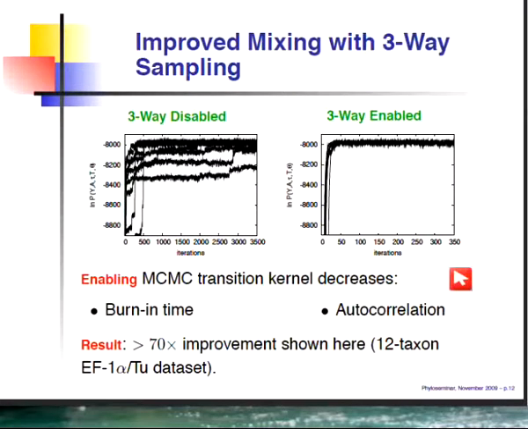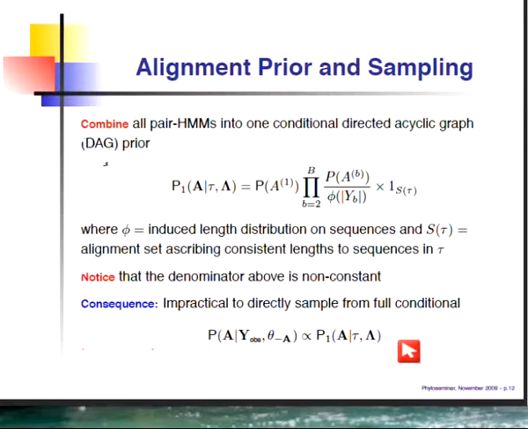So what do we find in terms of the MCMC transition kernel and its effectiveness? Well, the burn-in decreased dramatically, right? It went from some number that we couldn't estimate because we got bored to a couple minutes. And what I haven't shown here, but is also true, is you significantly decrease the autocorrelation amongst your samples. So you don't have to run the chain quite as much to get as many approximately independent realizations from the process. And for one of the data sets that we're going to look at in a couple minutes, this led to about a 70-times runtime improvement. So it actually turned this problem into something that you can run in reasonable time.